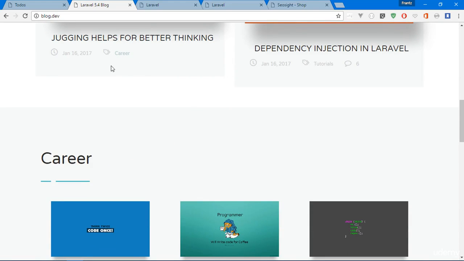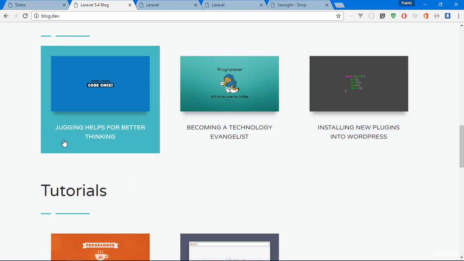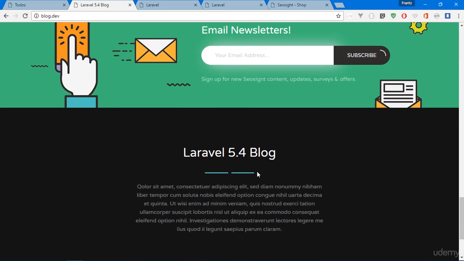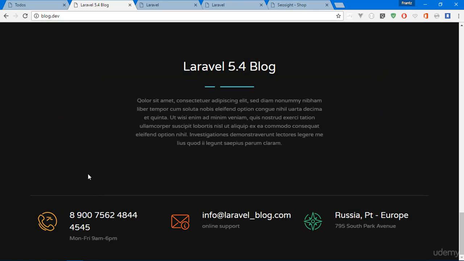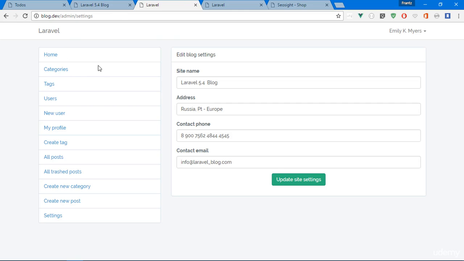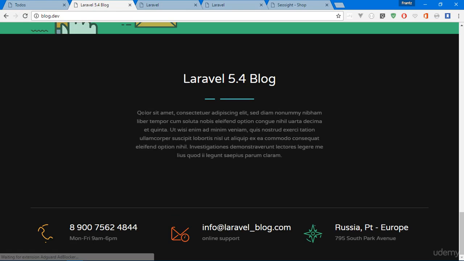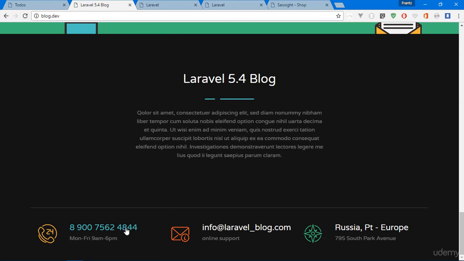Right here we also see the categories. We have email subscription where you can subscribe to MailChimp. We also have dynamic data containing blog information right here. So for example, if you check out this number, let me come over to my admin panel and I'll go to the settings for the blog, and I'm just going to pull out these last 4 digits right here. When I hit update site settings and refresh right here, you discover that the number of the blog has changed. How cool is that?